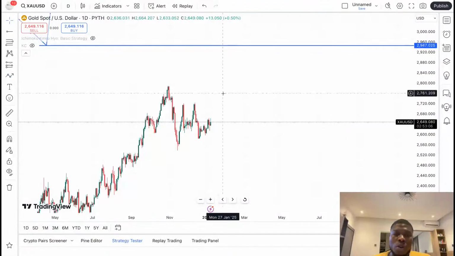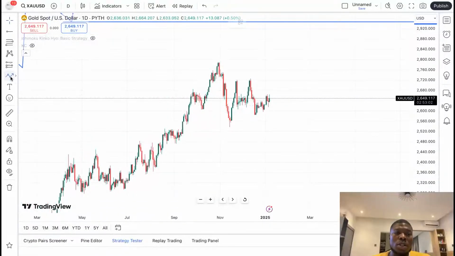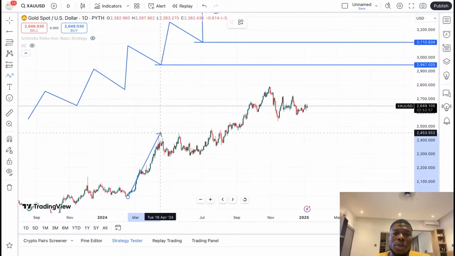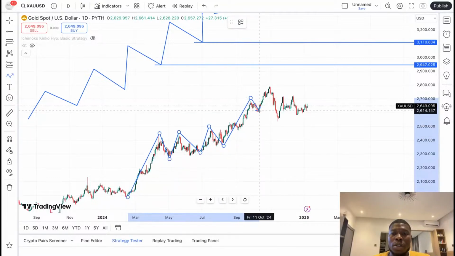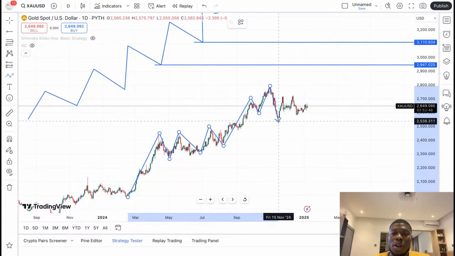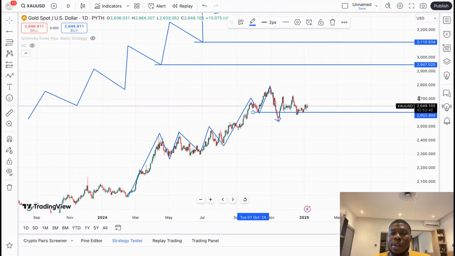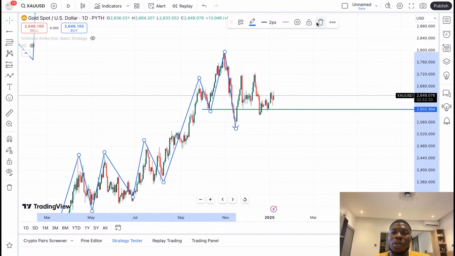On swing of gold on one day, so we'd see the swings of gold. Say we have something like this, something like this, something like this. All right, and we have something like this. Checking on this, we see that gold is below the first low on this one day time frame. I'm going to delete this.